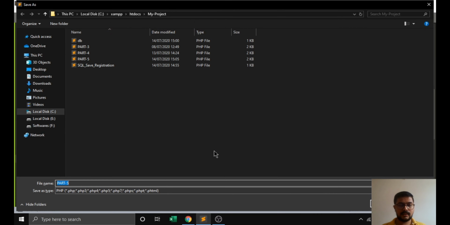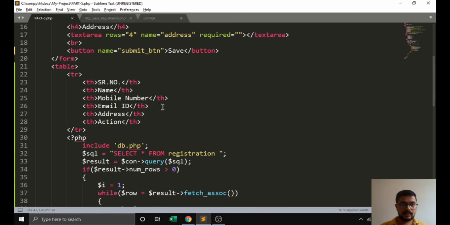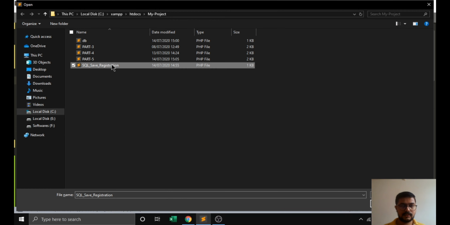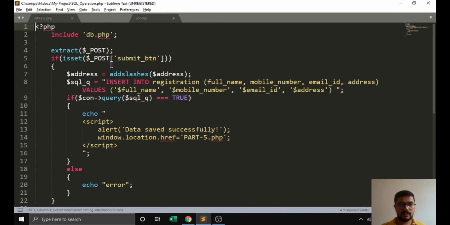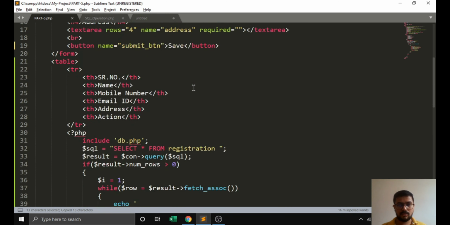Let's consider we create all the actions in the SQL operation page here. We just rename this page. Yes, we created it in the last session. We will make it SQL operations. We will use this page as the SQL operation page.